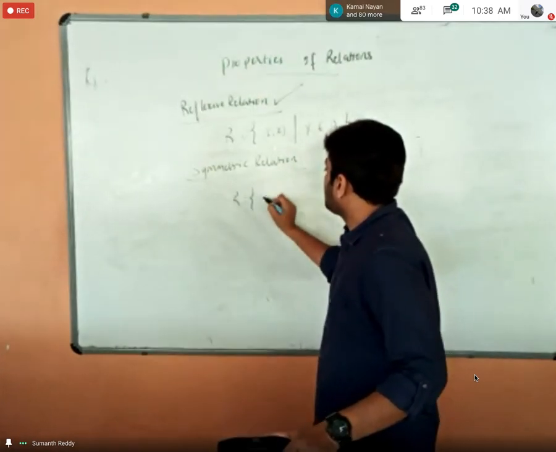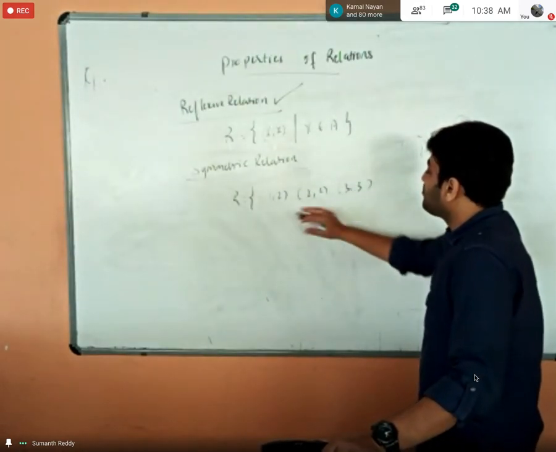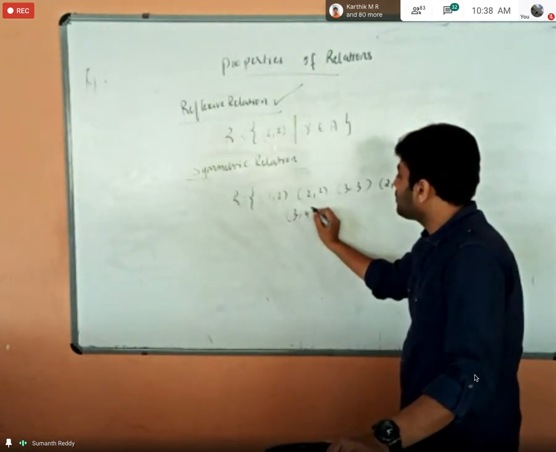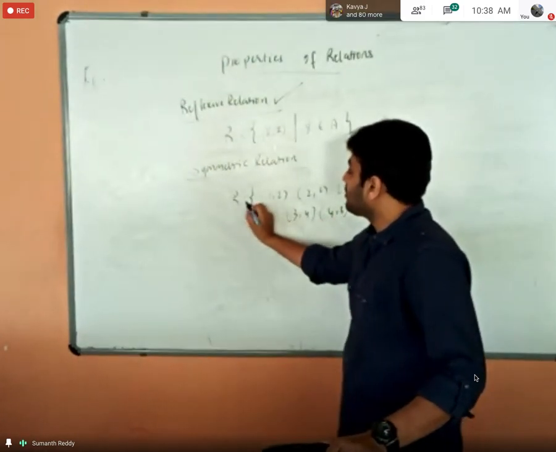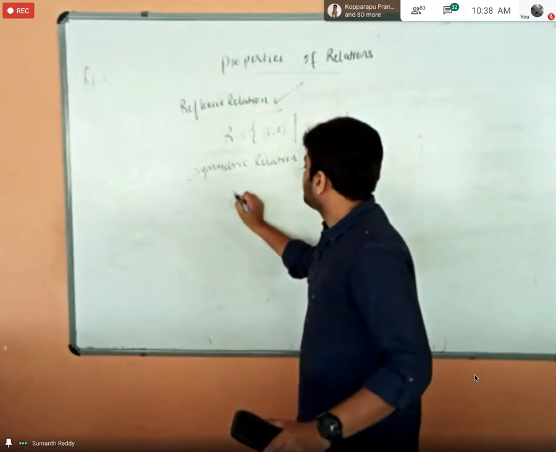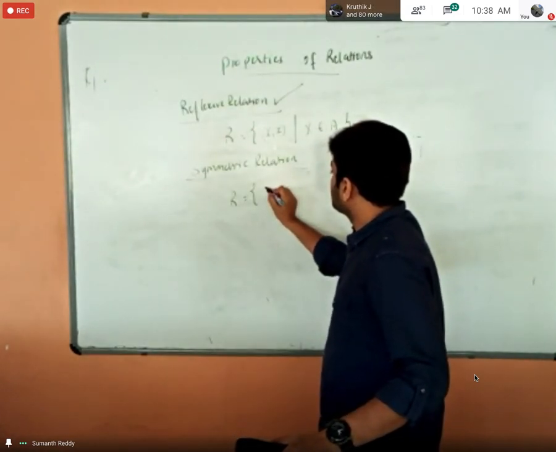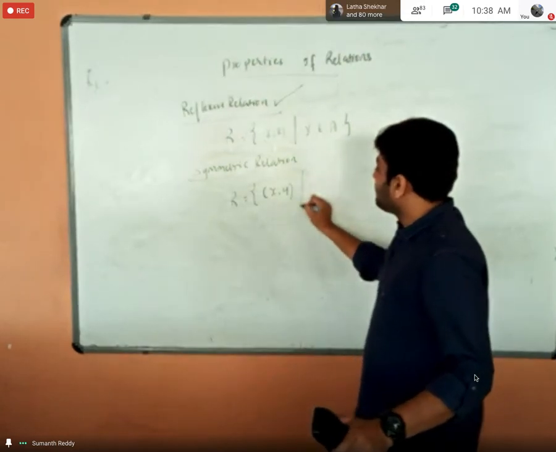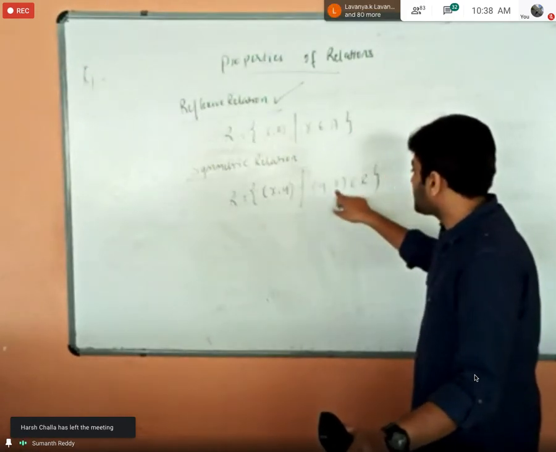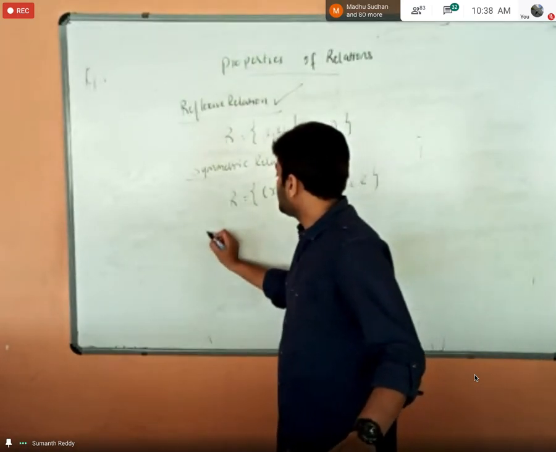One example I will give. In a relation, if you have (1, 2), along with that you might have any other ordered pairs like (2, 2), (3, 3), doesn't matter. But since you have (1, 2) here, you must have (2, 1) also. Similarly, if you have (3, 4), you should have (4, 3). Then such a relation is called a symmetric relation. The general definition: it contains the ordered pair (x, y) whenever (y, x) belongs to R. I'll repeat. If you have an ordered pair (y, x) that belongs to the relation R, then (x, y) must also be present. So I think you can easily understand that.